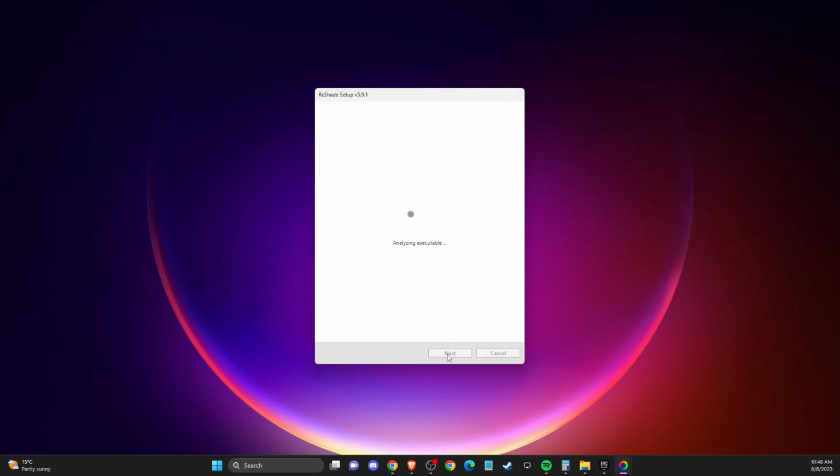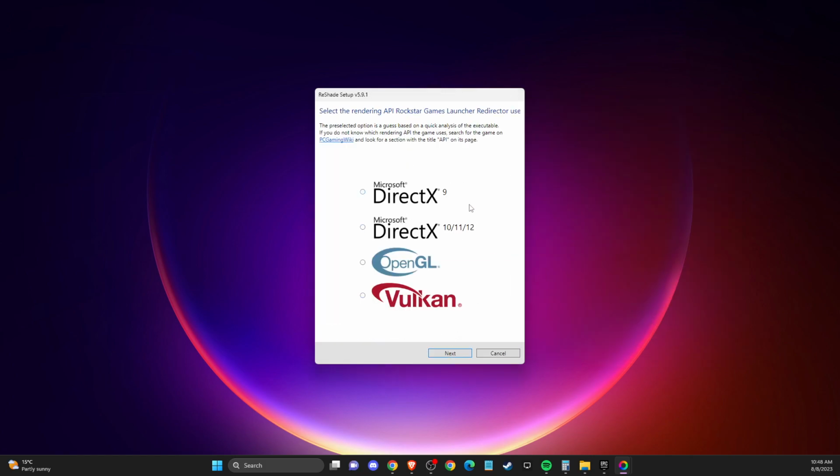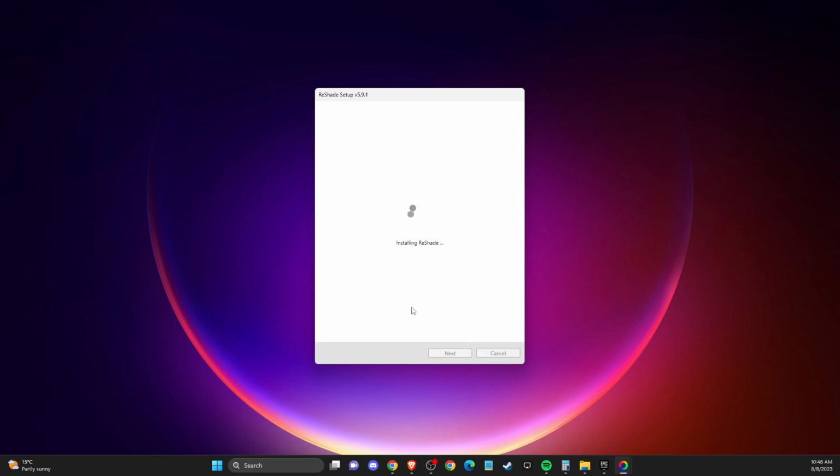open up, press next, and then you need to select rendering API. Rockstar Games launcher redirector use, for me is DirectX 11, and you can check it as well on your game settings, and then you need to go to graphics or display and you will see what version you're using. And then